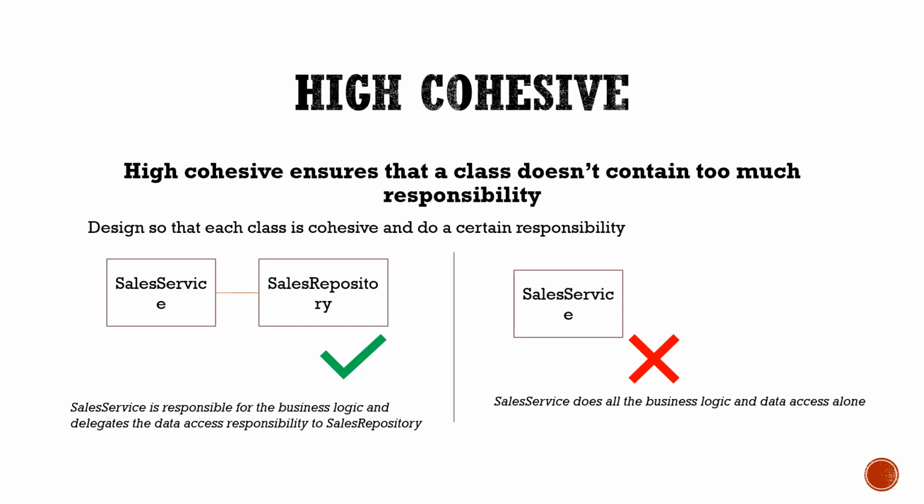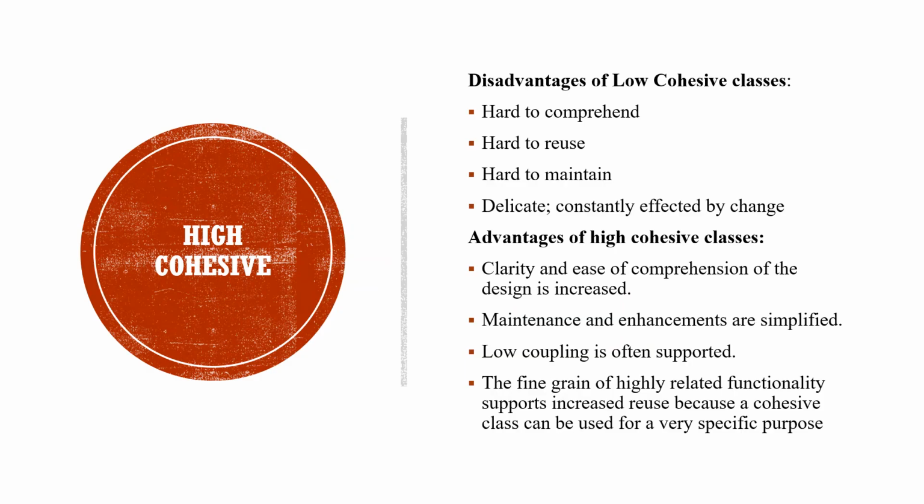I always prefer the first design because here are the advantages and disadvantages. The disadvantages of low cohesive classes: hard to comprehend, hard to reuse because a particular usable code is buried in a particular class, hard to maintain, and delicate, constantly affected by change because there are a lot of duplications